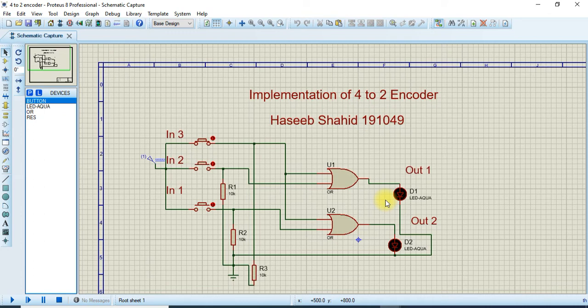It is just an extra bit that was being used. Now we will implement it with the help of these 3 input signals and verify our outputs.